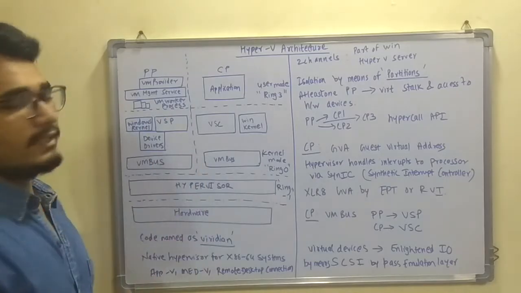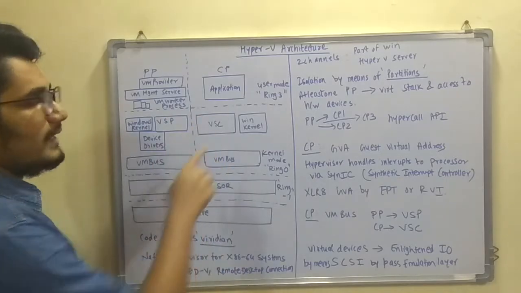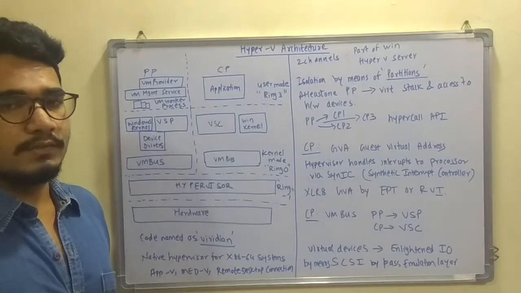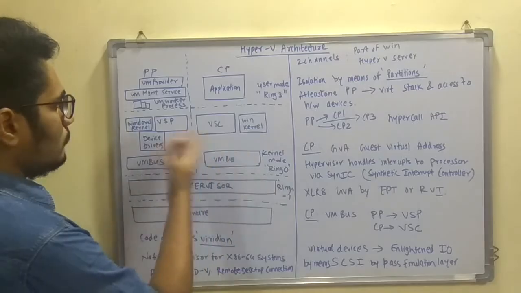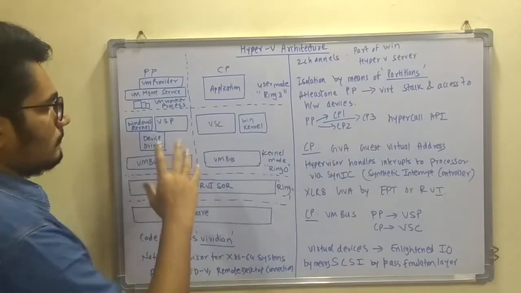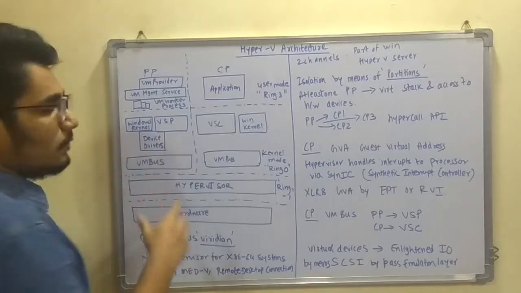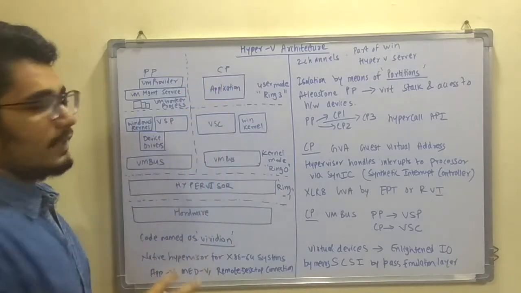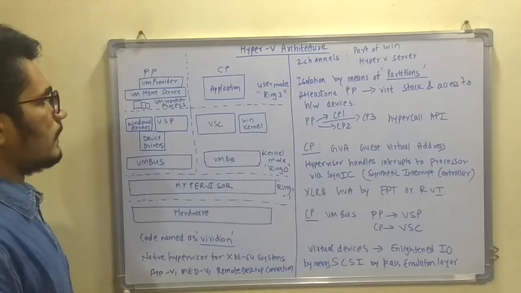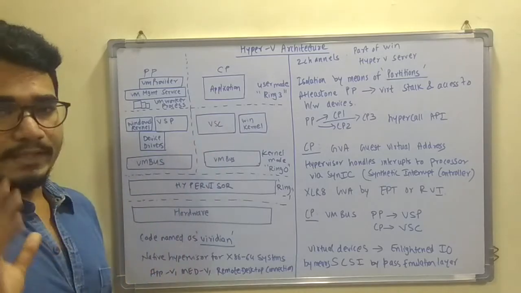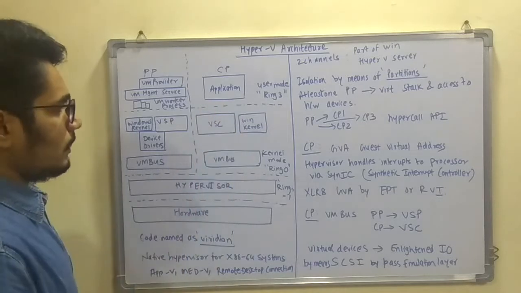At the child partition you have the VSC, that is Virtualization Service Client, and you don't have drivers for this. I will discuss in detail why you don't have device drivers in the CP and why you have device drivers in the parent partition. Now moving above, at ring 3, the user mode, you have